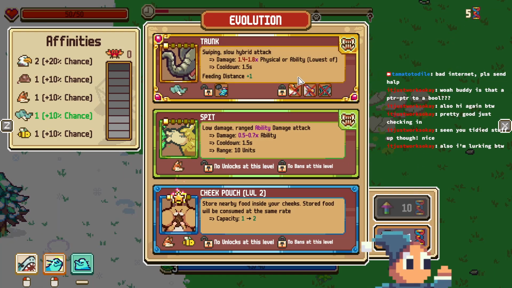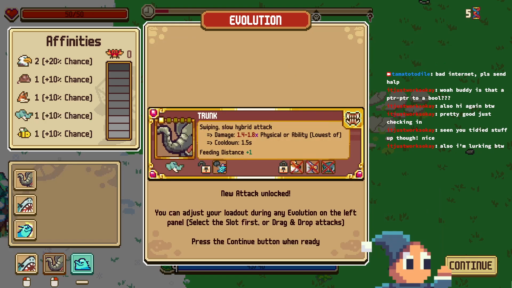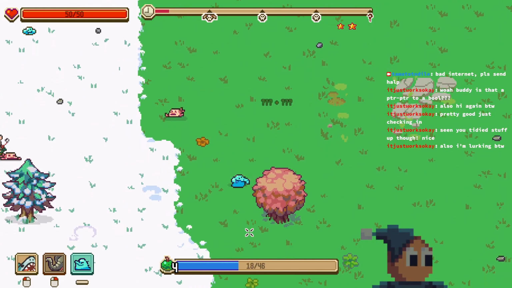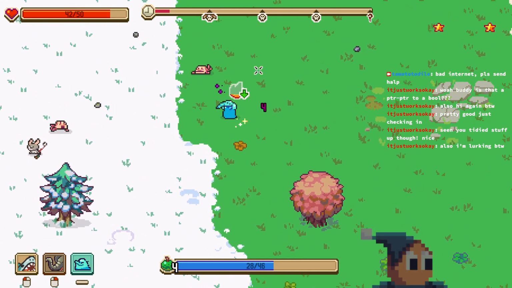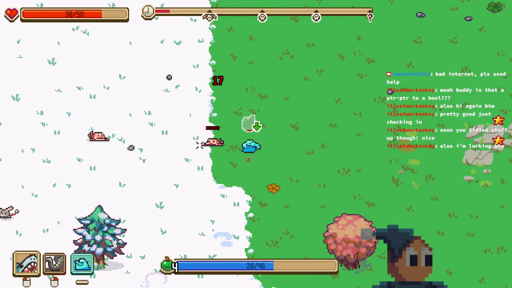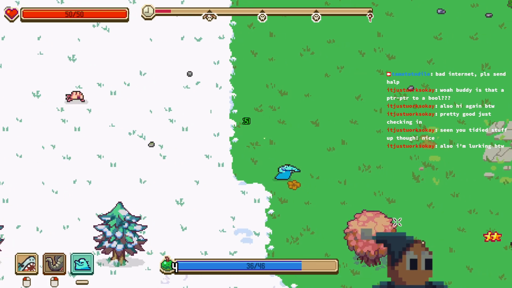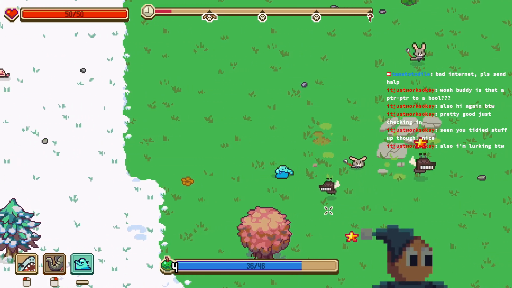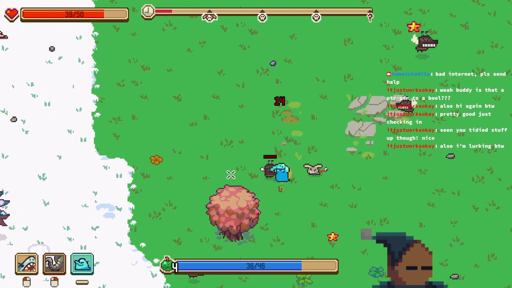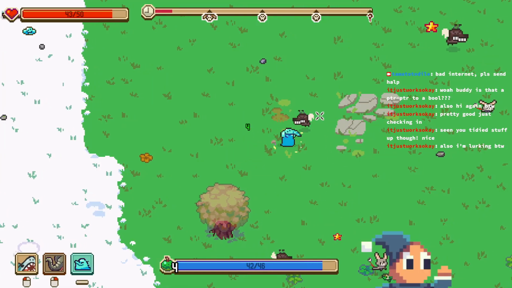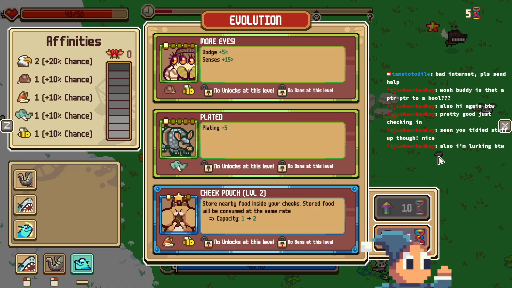Ooh, trunk. I guess so. We'll take it for now. Look at him. So cute. Perfect. Dodge.